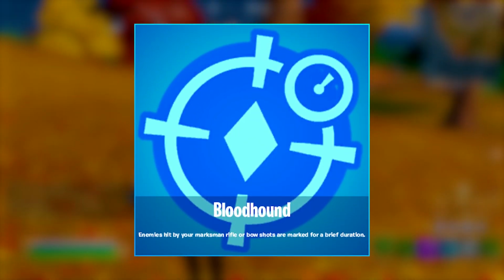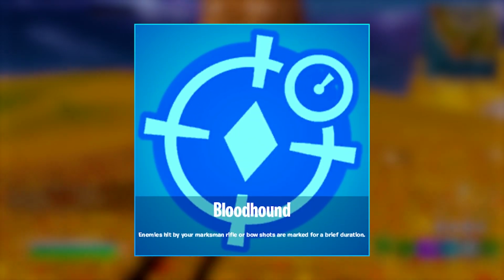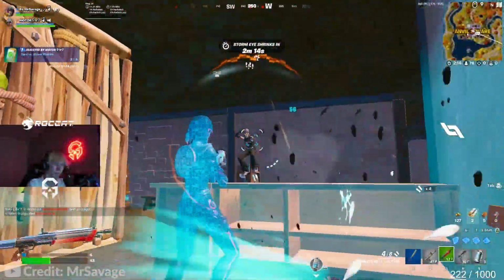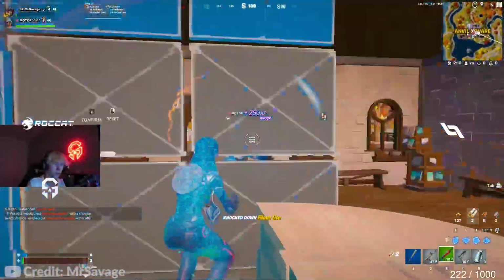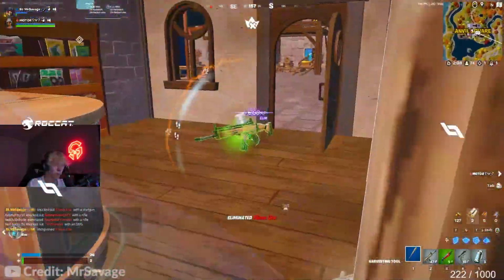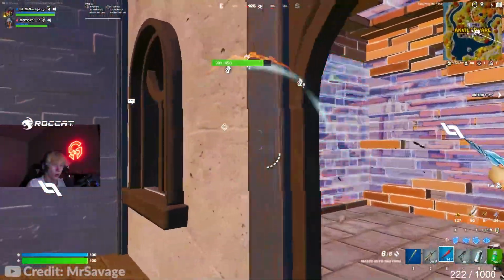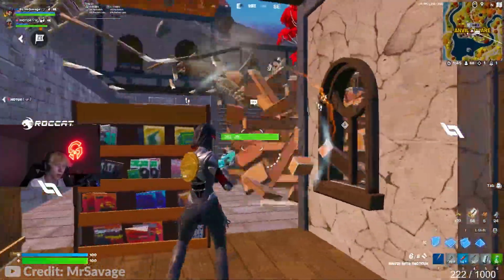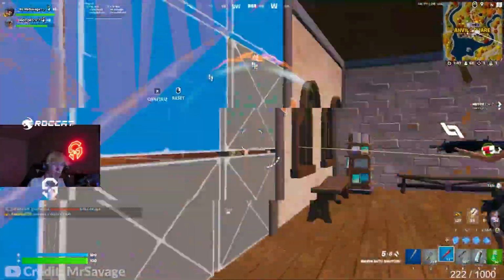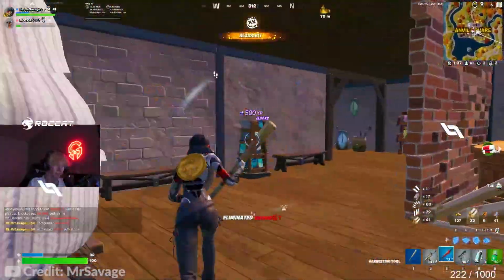But this thing is unbelievably strong if you have a rocket launcher because you can essentially just have infinite ammo. Bloodhound. Enemies hit by your marksman rifle or bow shots are marked for a brief duration. Now this, in my eyes, has a little bit of good utility when it comes to W keying. So what you would do is be at medium range, hit someone with a bow shot, and that would make them box up, and you'd be easily able to track where they are through their builds, if they're boxed or not. So that's kind of how you open a really aggressive fight. You sneak up, bow them, they're tagged,